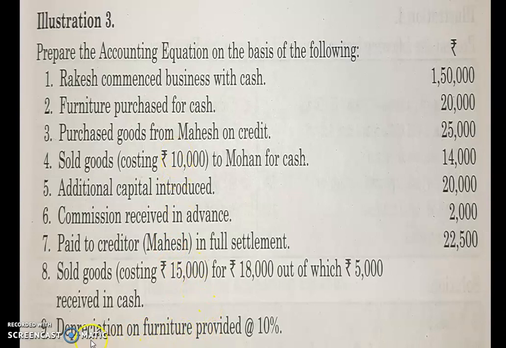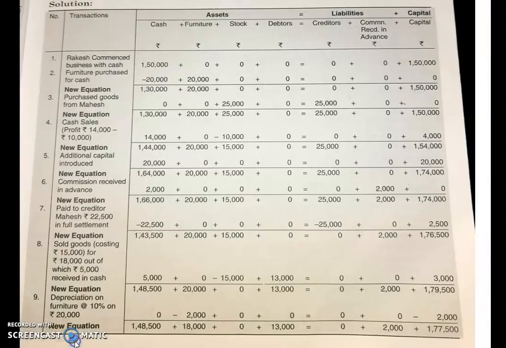Now let us show it in your equation. Here is the solution of the question we have discussed. First thing is, you have to prepare this box: serial number, transaction, and its summary you have to write over here. Then write the equation. What is your equation? Asset is equal to liability plus capital. For asset you can leave a big space, and after that you just write down liability plus capital. For asset, a bigger space is required.